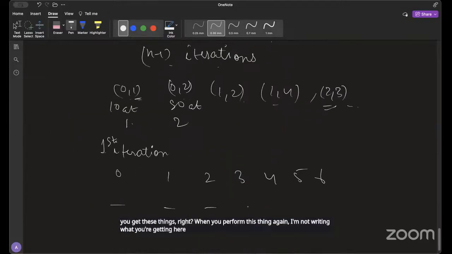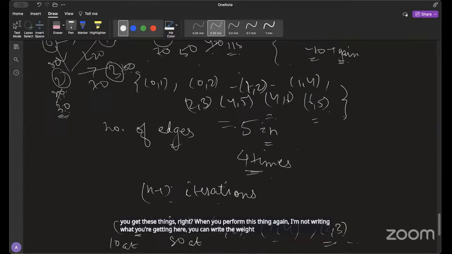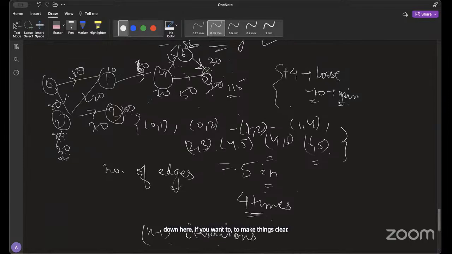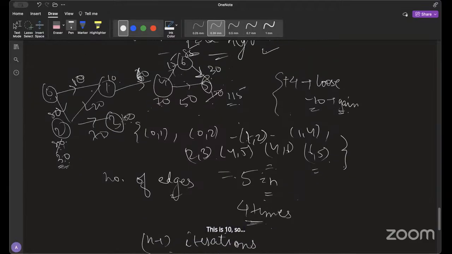You can write the time here if you want to make things clear. And then you start the second iteration. So you again start from 0. Now what you do is, this is 10. So you put a 10 here. And then this one's,